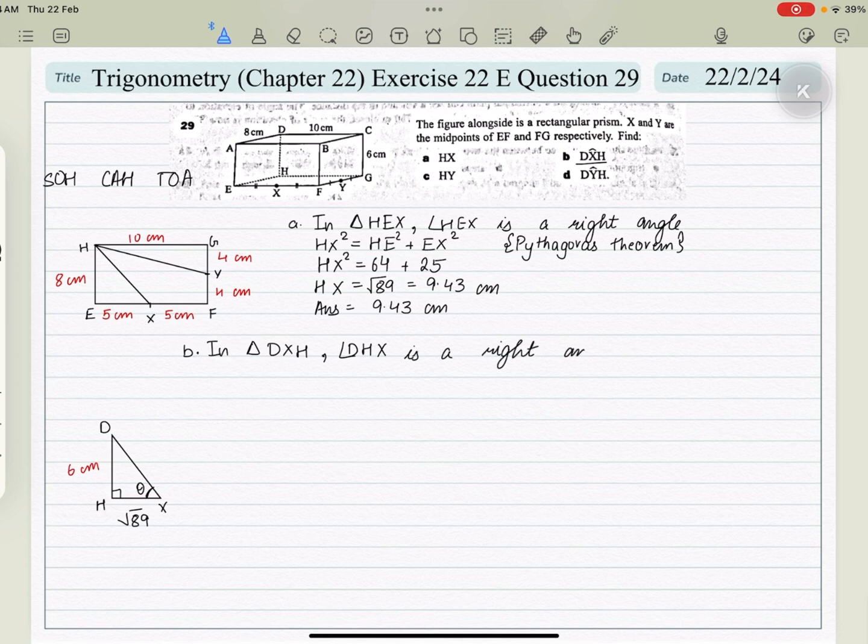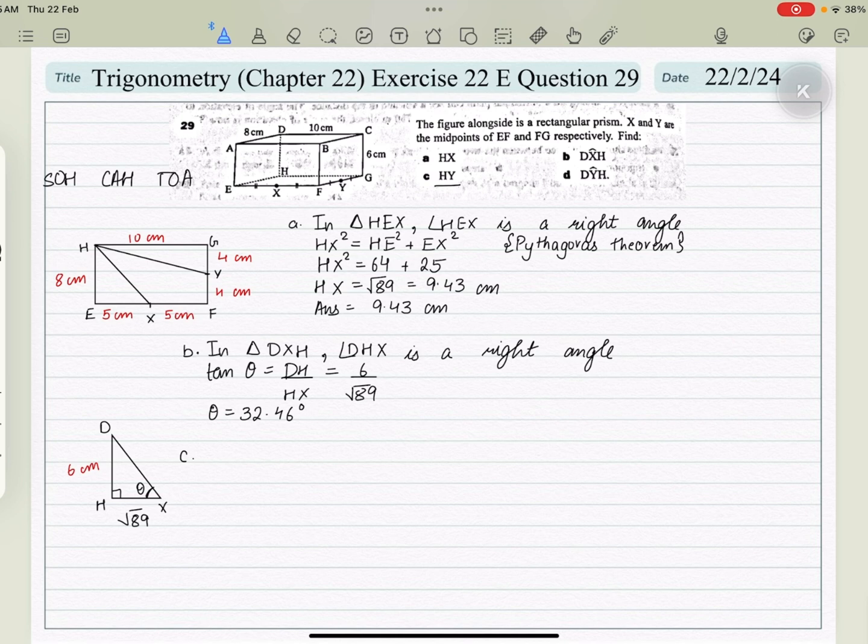And after that, you can state that tan theta is equal to opposite over adjacent, that is going to be DH upon HX. That would give us 6 upon root 89. We can just write it over here, and then we can say that theta is equal to, after calculation, 32.46 degrees. You can say 32.5 after estimation, but I keep it to 2 decimal points. And then you can move on to the C part of the question, which says that we have to find out